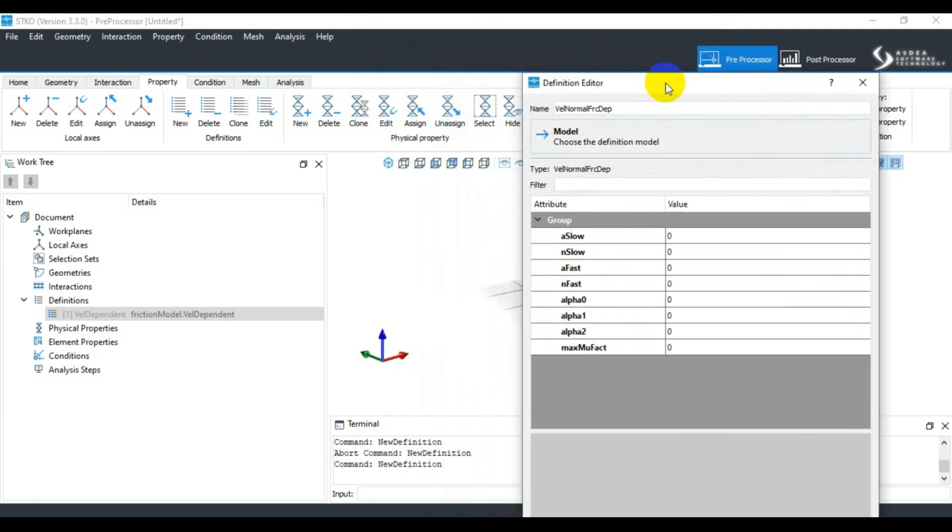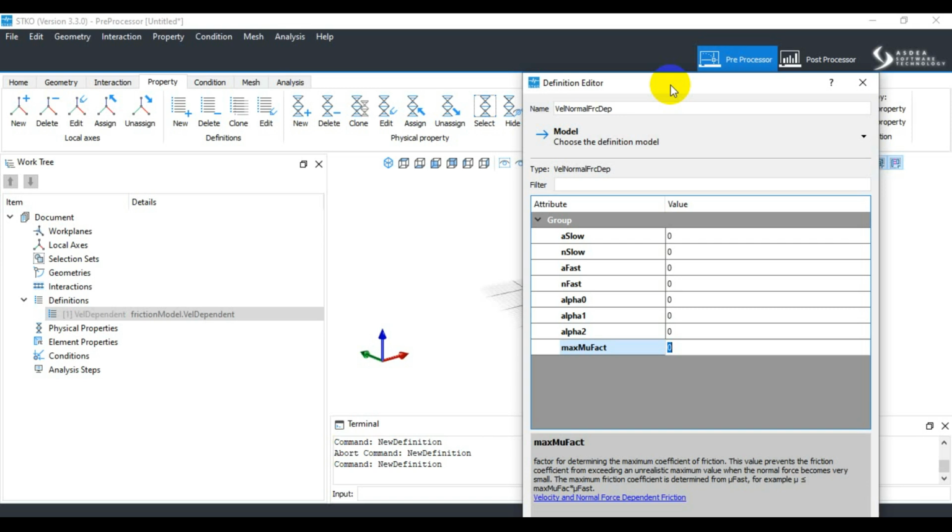I have some information given here. So this is the constant for friction coefficient at low velocity. This one is the exponent for coefficient of friction at low velocity. And this one is the constant for coefficient of friction at high velocity. Similarly, this is the exponent of coefficient for friction at high velocity, and we have this constant rate parameter coefficient and linear rate parameter coefficient, as well as quadratic rate parameter coefficient and maximum coefficient factor for the determination of